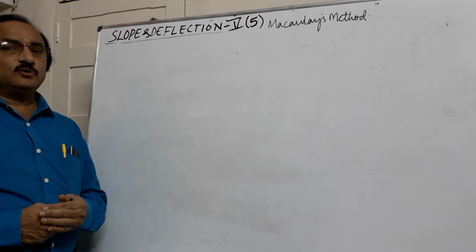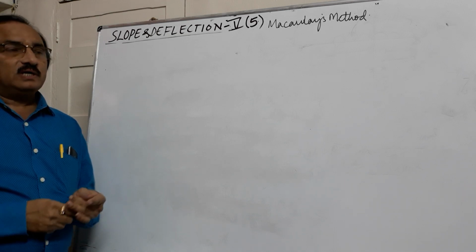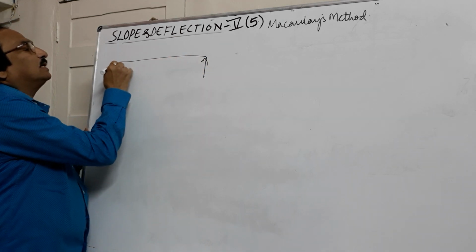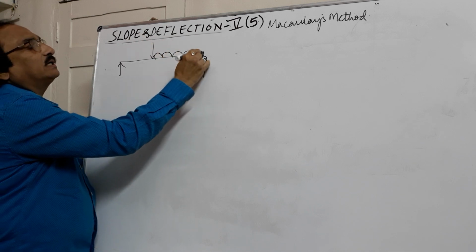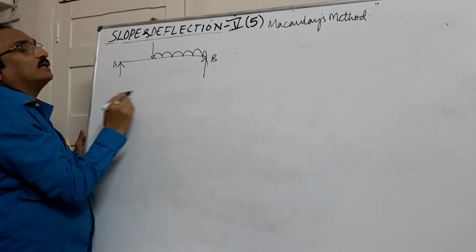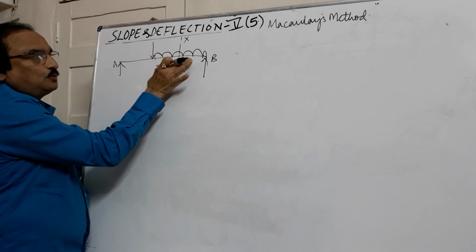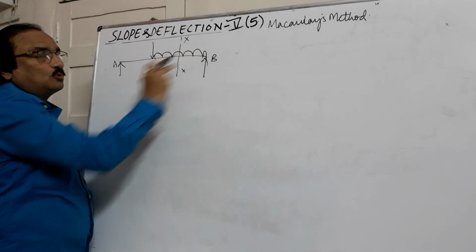In an earlier video, we found the slope and deflection by using Macaulay's method. We have seen such an example there. Suppose this is a beam simply supported at the ends. It is carrying a concentrated load and a UDL till the end. Now here, the section we consider is in the last portion. So it is cutting the UDL, and this UDL is going up to the support.